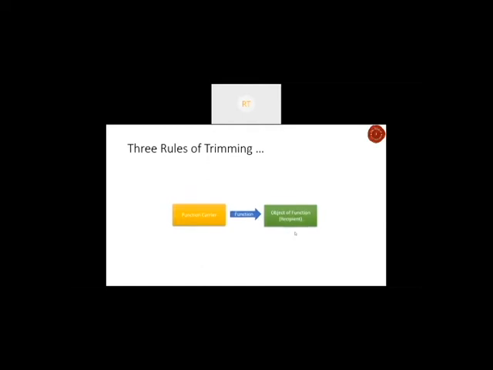It can be trimmed if the object of the function is not needed anymore. So a function carrier can be trimmed if the recipient or the object of the function is trimmed. So here we see that if you don't need the object of the function or the function recipient itself, then you don't even need the one who's doing the function. This is the first rule of trimming.